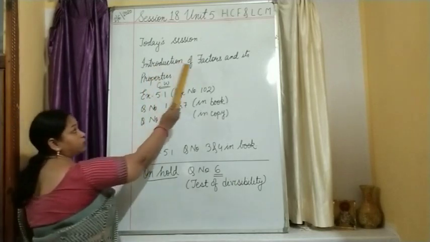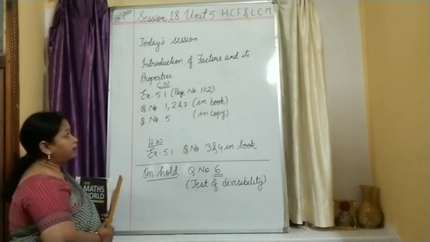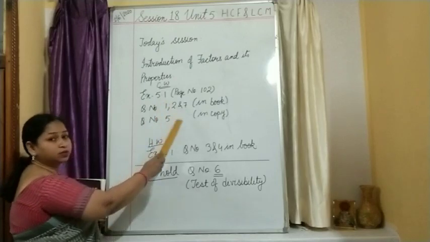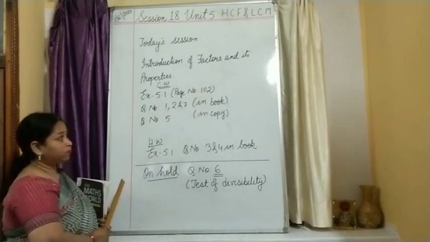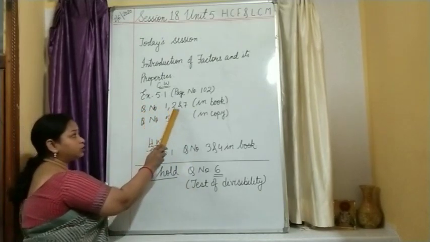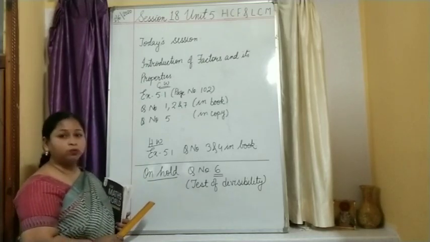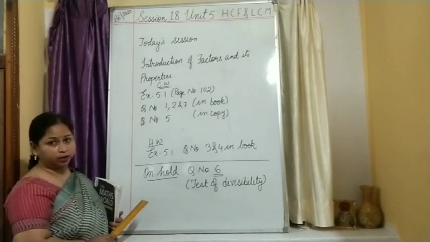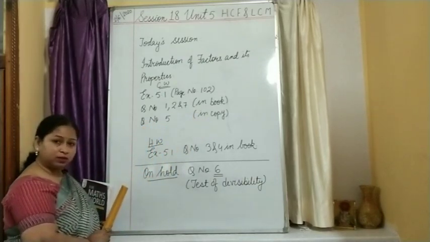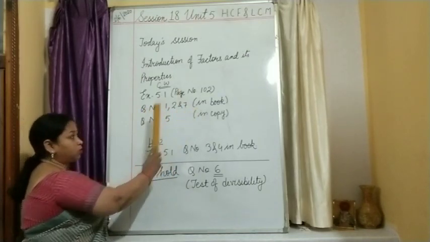First, I gave you the introduction of factors, and then we learned the properties also. And what was the classwork we did today? Classwork we have done exercise 5.1, which is given on page number 102. Okay. Which questions? I have asked you all to do question number 1, 2 and 7 in the book, and while doing it in the book, I know that you will be using your pencil. Okay. Question number 5 you have to do in the copy. Is this clear? Once again I repeat, question number 1, 2 and 7 in the book, question number 5 in the copy.